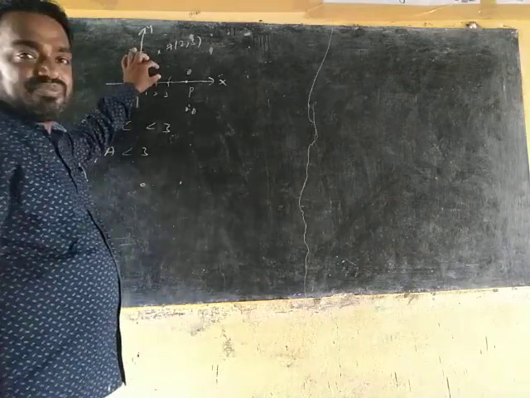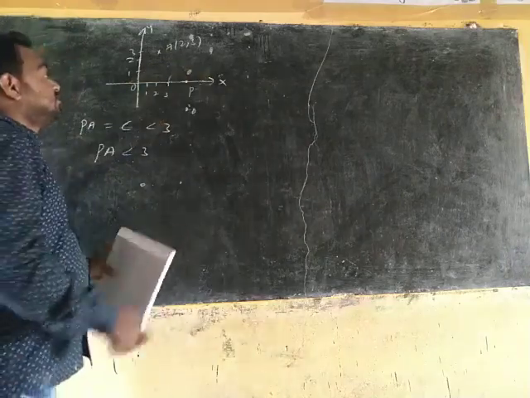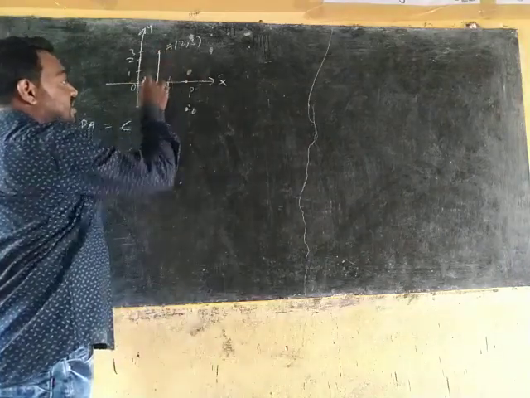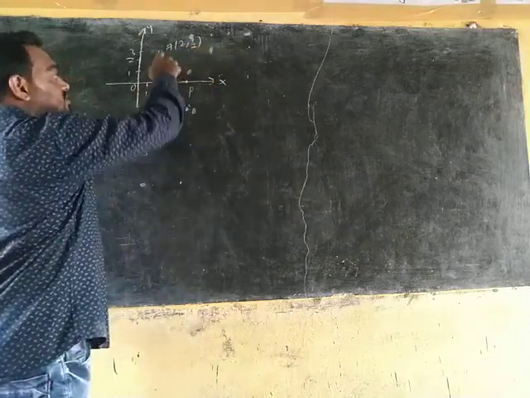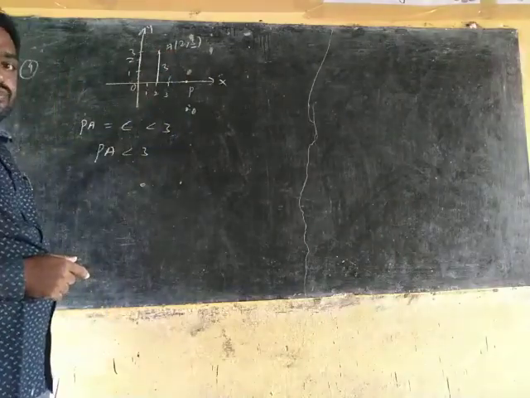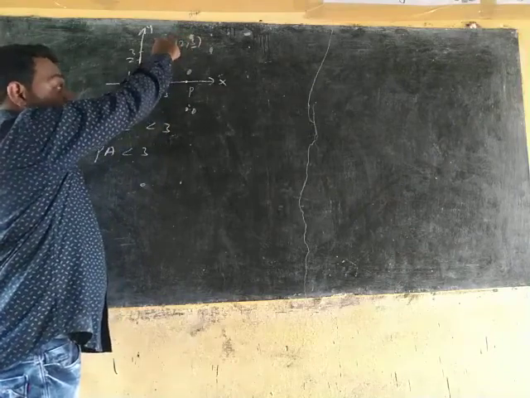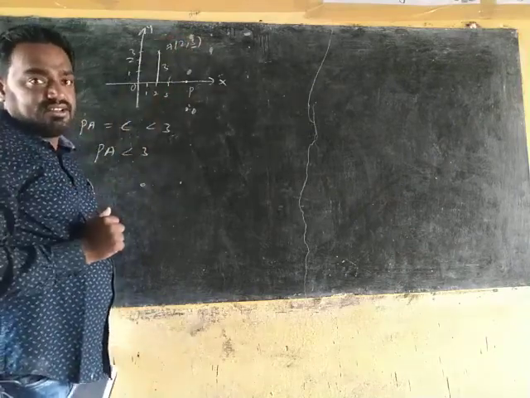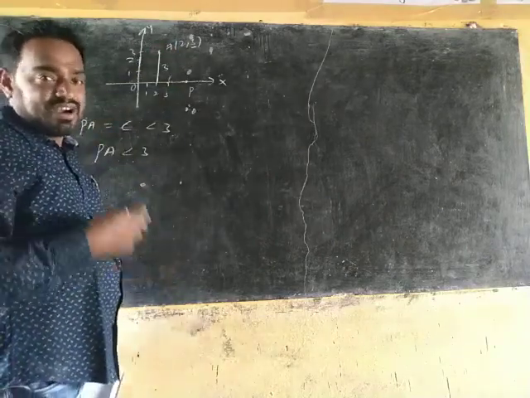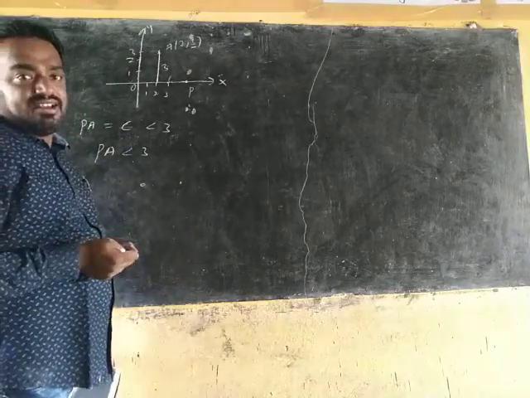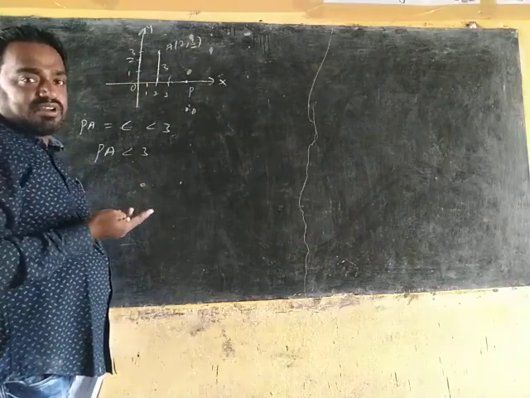So the point does not lie on the x-axis, it lies in the first quadrant. Imagine once, what is this distance called? The y coordinate. What is the y coordinate of this? 3. This distance is equal to 3. If we draw the perpendicular line, the minimum distance from A to the x-axis is 3. If we do not draw a perpendicular, we get above 3 only. What they are asking is P to A distance less than 3. Less than 3 means it would exist only in the first quadrant.